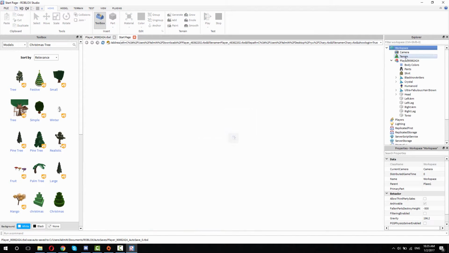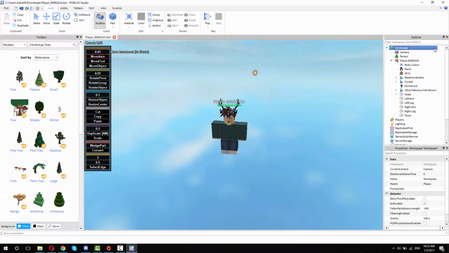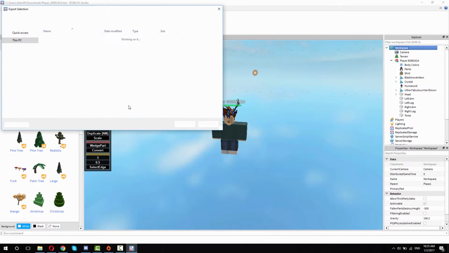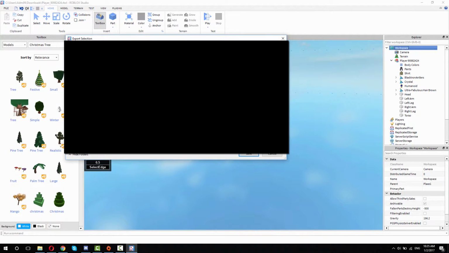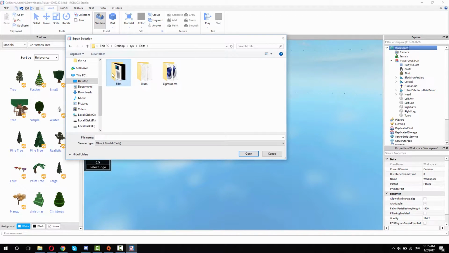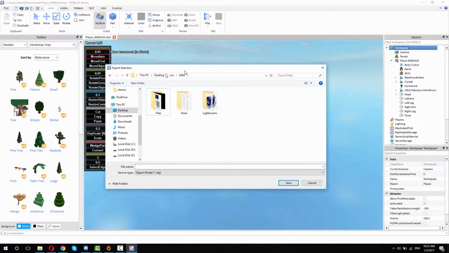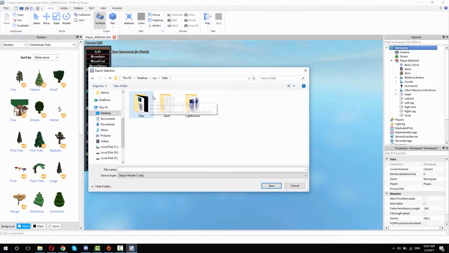Oops, I pressed the wrong one. So you want to export selection, and here you want to go to edits. So you just want to save this thing. Once you press export selection, you want to save it in like a